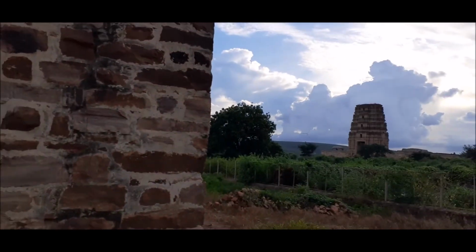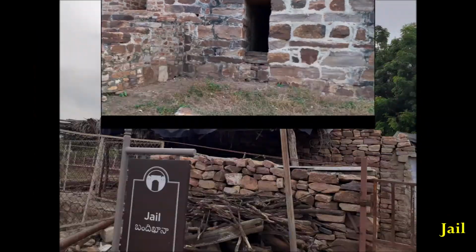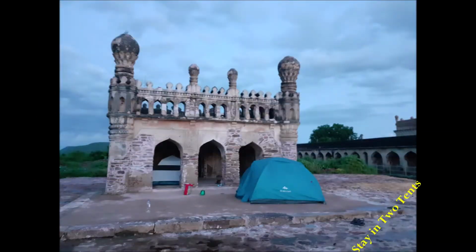The jail structure is nothing but a square hall. This is the last point. And we stayed the night there with intense